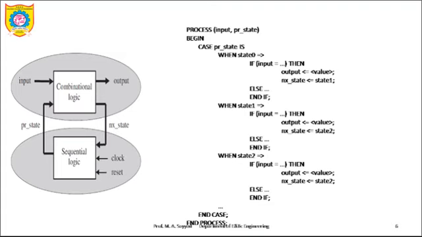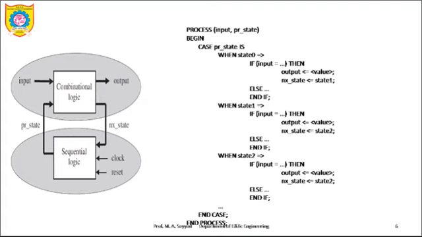Now begin. Whenever you write a code, actually this is a code for, let us say, a Mealy or Moore machine. Quite obviously, you have to consider the present state, meaning you have to check what the state is now. At this moment we can say that the code is common for Mealy machines as well as Moore machines. I will tell you how. We begin with case present state is, meaning depending upon the present state, when state 0.